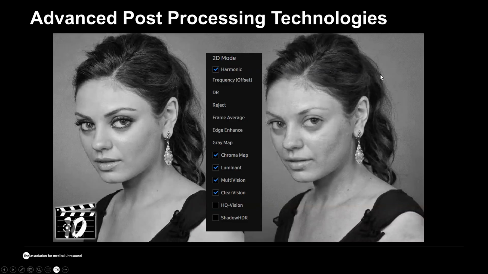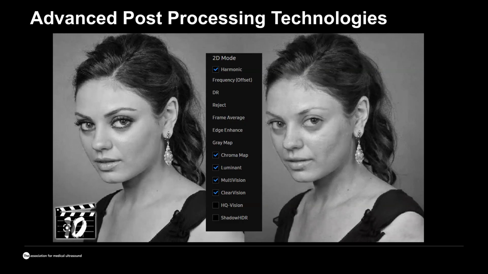So this is the girl who just woke up in the morning, so nothing really tells us that she is a film star. But once she goes through her morning and puts the makeup on, this is where we can see that this is a real star. So all those technologies of the post-processing, including those which are highlighted here, and we are going to expand a little bit more on the next few slides, help us to do pretty much the same with our ultrasound image. It can be used live, but it also can be used after you push freeze, and that helps us to improve the quality of the image.